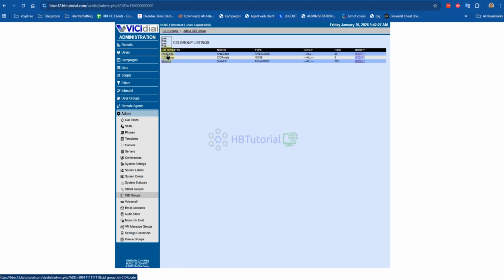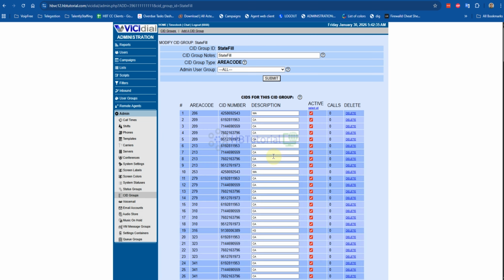Okay. So the difference between the state field and the state lookup is that the state field will fill all the area codes within the nearest state or area. For example, this one is in California, 209.